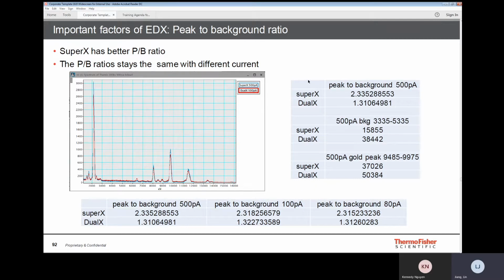Usually the peak to background ratio stays the same with different currents. As you can tell, we change the pin current for different detectors. I think you guys set the dual detector. So this is a comparison between SuperX and the dual detector. If you change the current, the peak to background ratio usually stays the same, but the SuperX has a much better